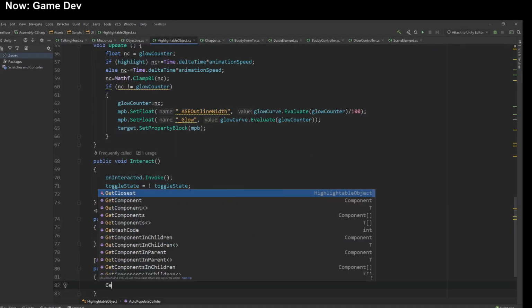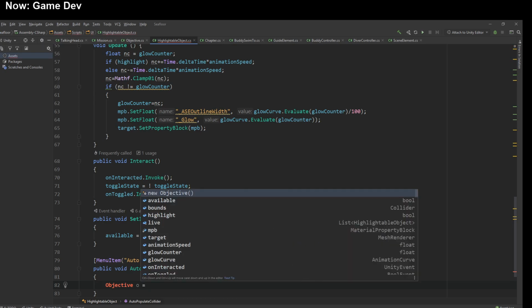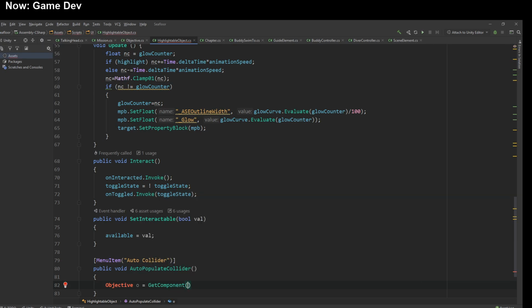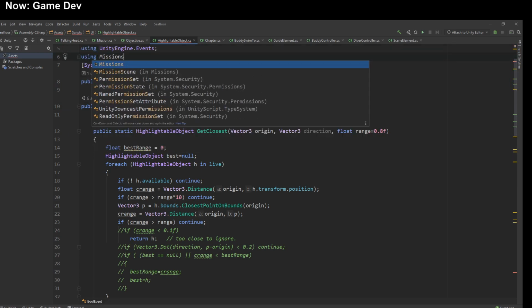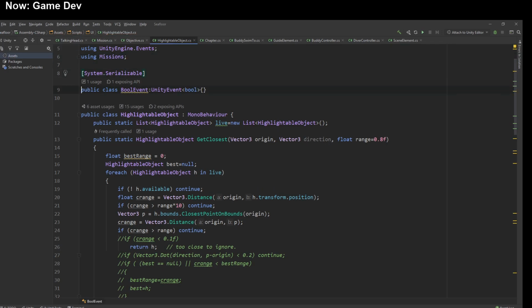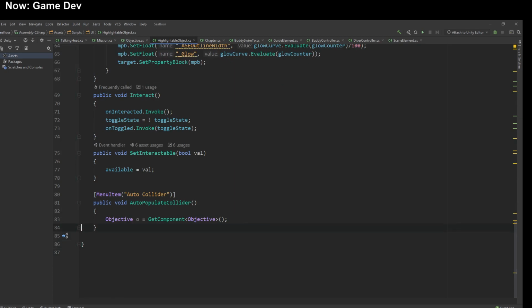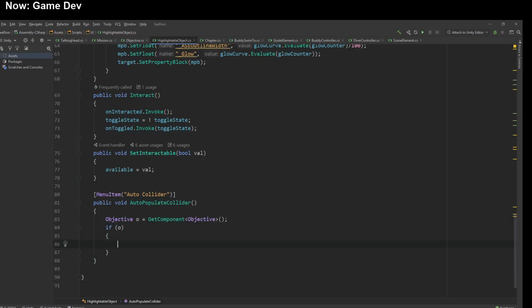So, Objective o equals GetComponent Objective. And you can see how it is red, and that's because this is not actually in the same namespace. So we're going to have to say using Mission, or we could just put it in the same namespace. Either one of those things works. For now, we will just do it like this, and we'll say if o, then we're going to want to